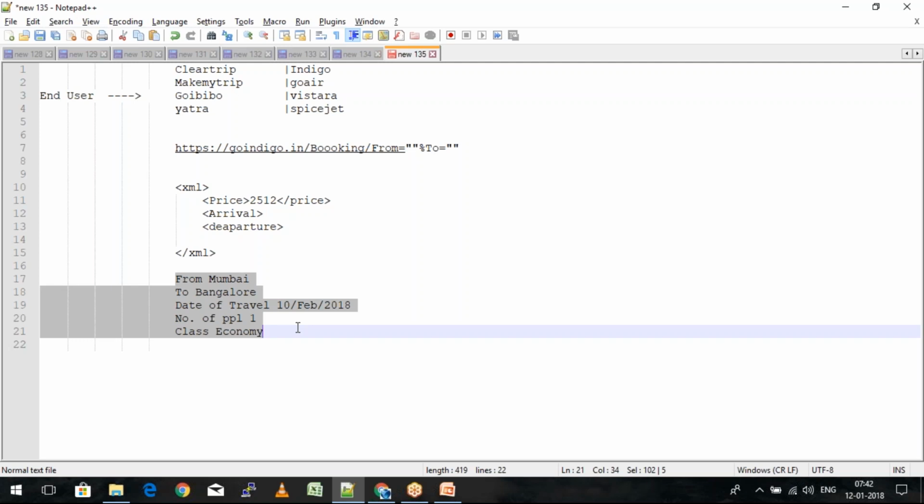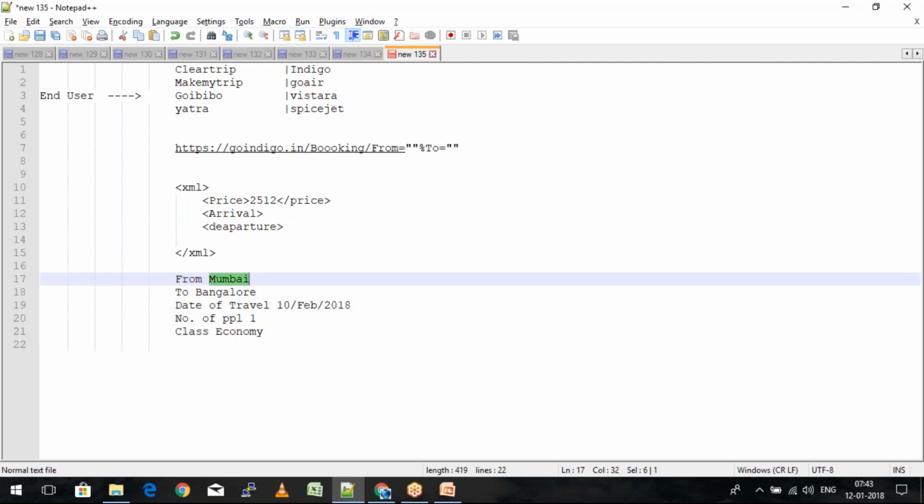Now if I want to make a final booking, maybe let's say I'm not able to proceed through the app, and I come back to my website and try to do it, because it will be a little more convenient on the computer rather than on mobile, since sometimes it takes a little more time. It depends upon the convenience or the way the app has been designed. So let's say I come back to my laptop and try to do the booking. When I again put in the parameters like Mumbai, Bangalore, the date of travel, and number of people in the economy class,